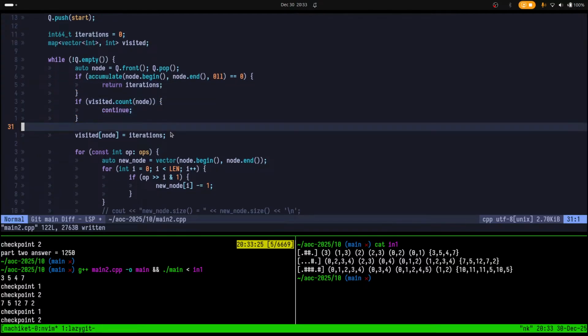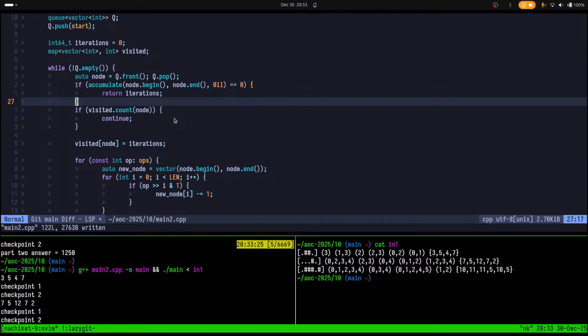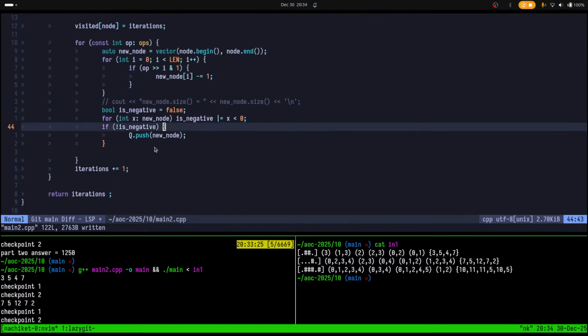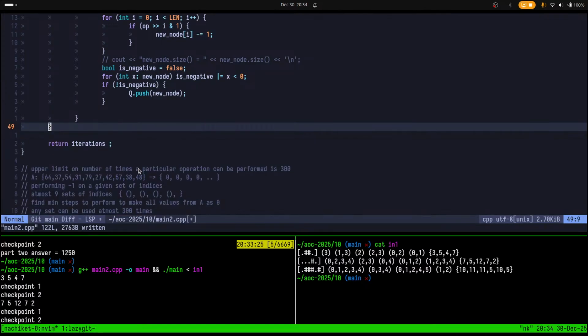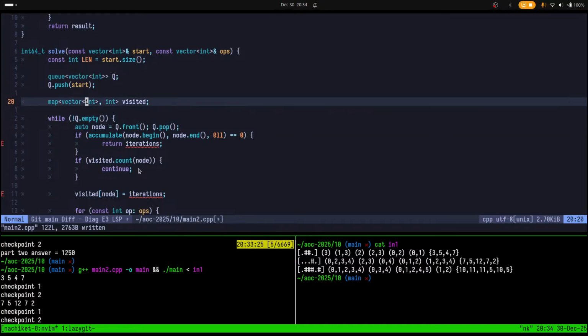I mean, this should return something else. It should not return the number of iterations. And let's remove this iterations thing. Let's remove this and let's make this